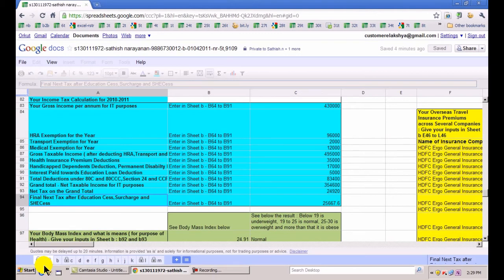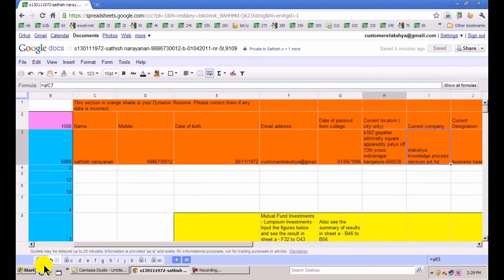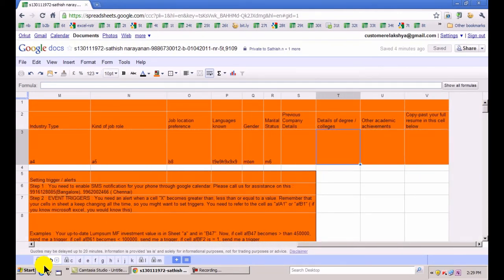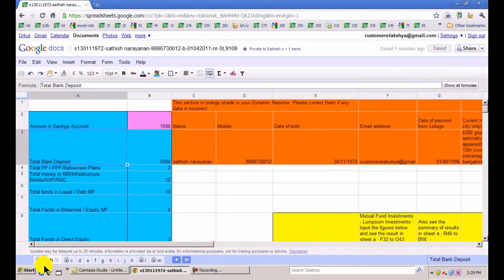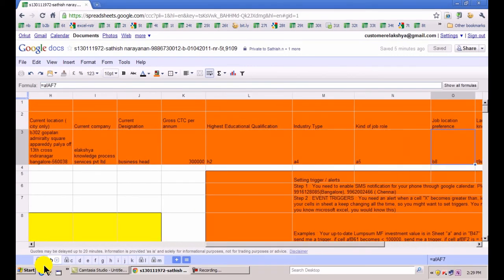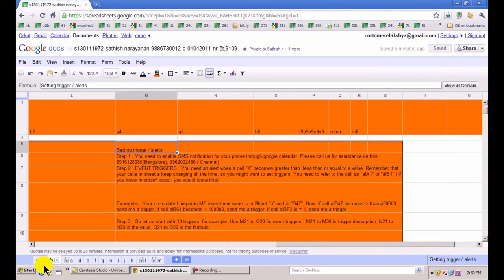The computer automatically calculates. eLakshya is into recruitment for the financial industry as well as retailing of financial products. You can see, since the data is already there in sheet A, in sheet B automatically a resume of yours has got formed. There is a resume which has got formed, which based on your permission, it can always be forwarded to companies as per their requirements. So therefore your resume itself is there in sheet B, as you can see.